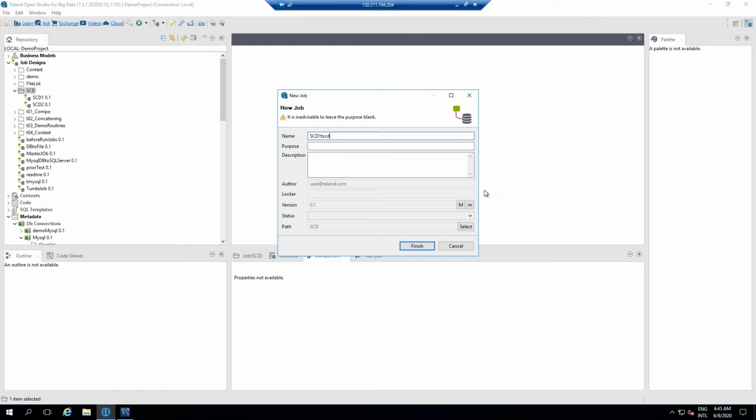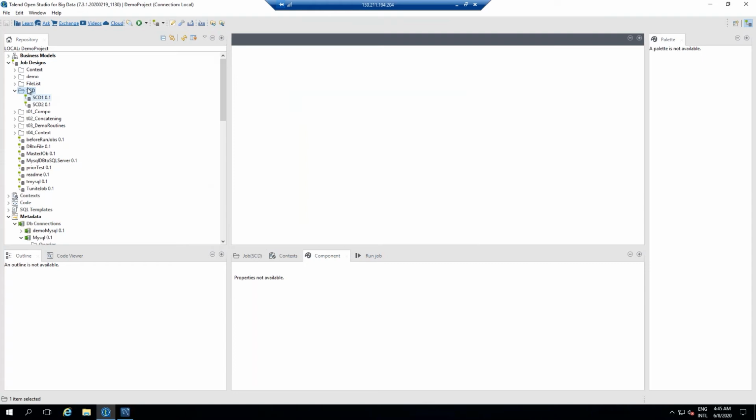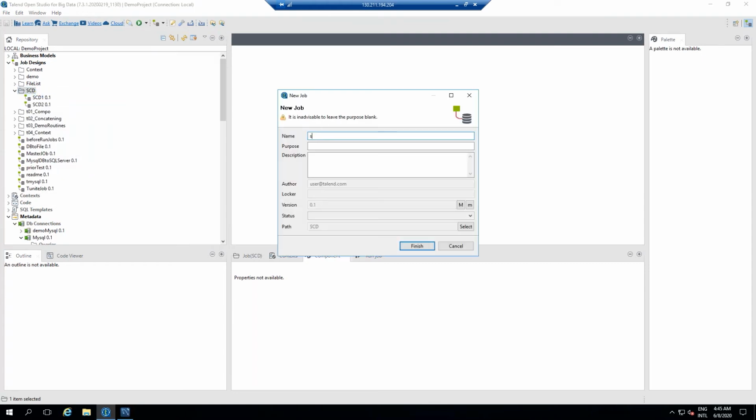And now when we are working with Talend, you might be wondering what these are. Sorry, let me do it again. So I'm creating a job and giving it the name Talend SCD1 TSCD. Now you will see that we have something called version here. So what is this basically? Version has a major version and a minor version. While working with Talend, if you want to store different versions of a job, whenever you make any changes, you can always go to edit job and add a version to it. So currently the version is 0.1.